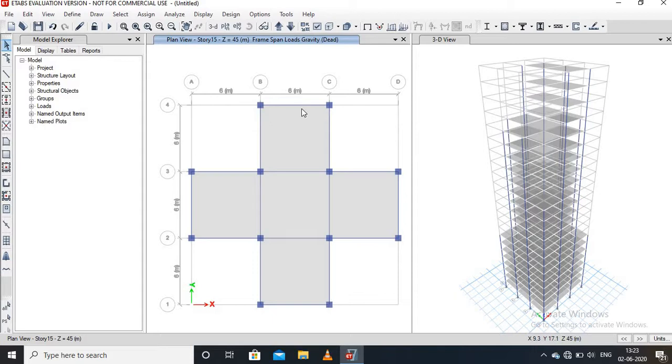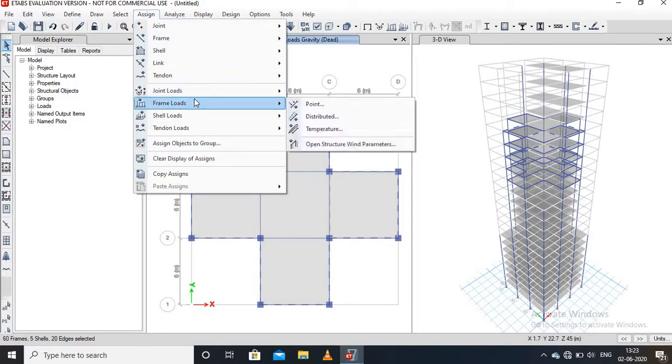Select all exterior walls of story 15. All exterior walls are selected.